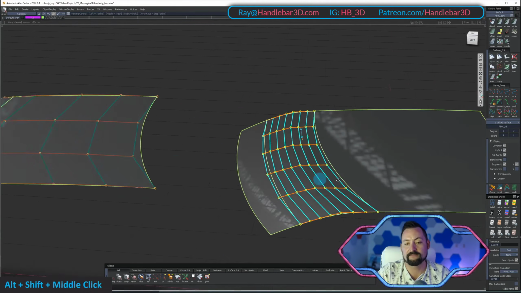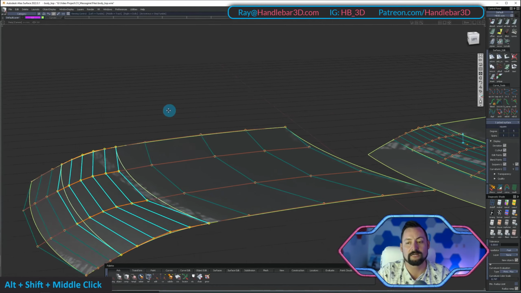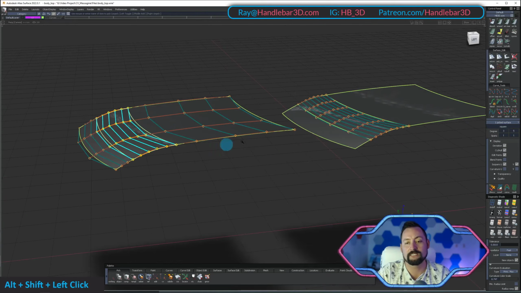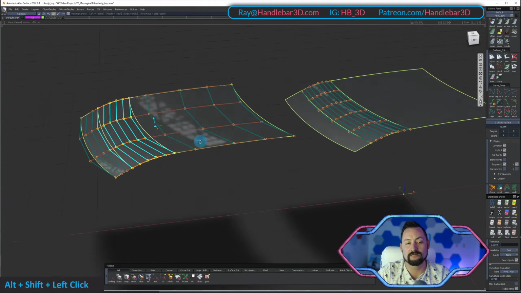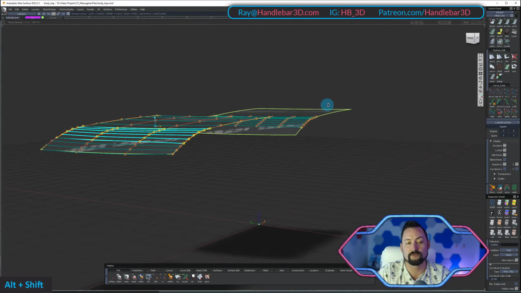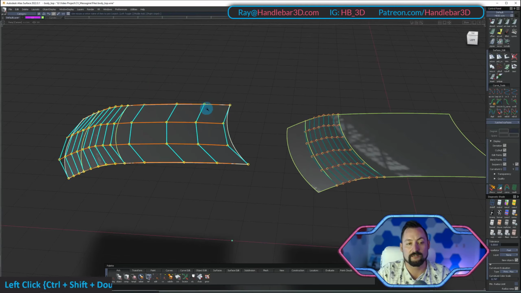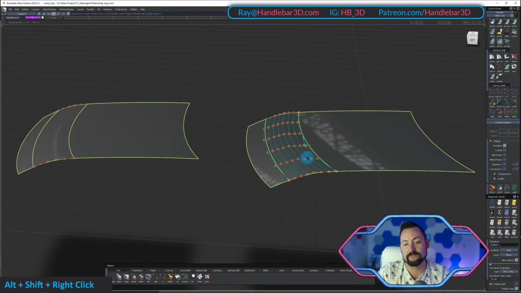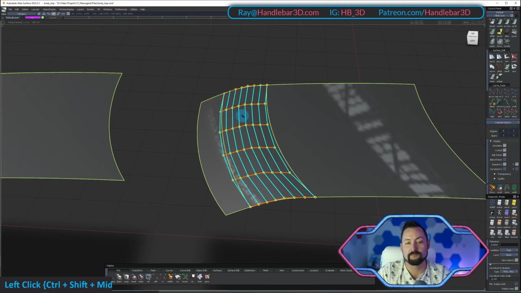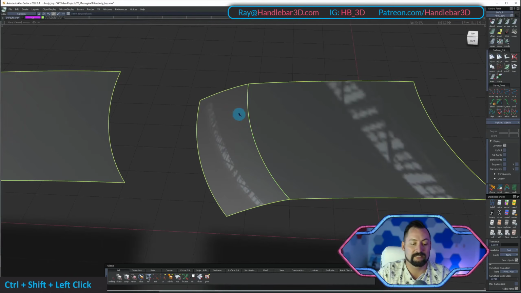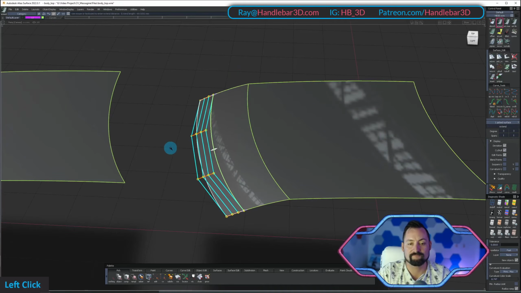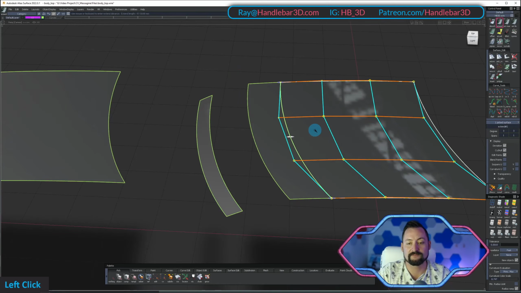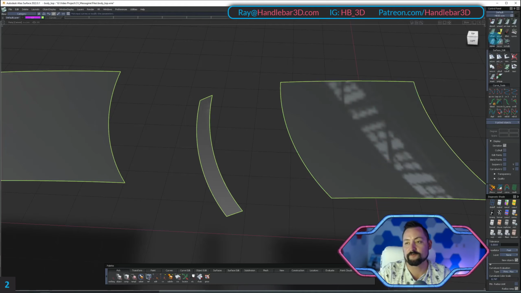So now this one has 7, and then this one, I'm getting a cleaner result, and I have way less geometry to work with. So another way of doing that is almost like what we did, but let me undo that, and instead of that, I'm gonna extend this back. Oh whoops, let me delete the history. I'm gonna extend this back like this, and extend this back like this, and then with my freeform blend,